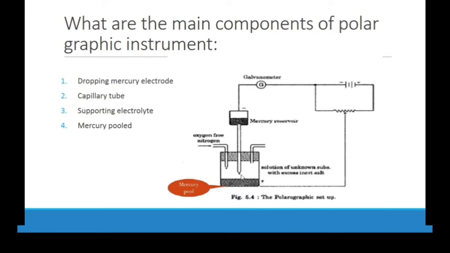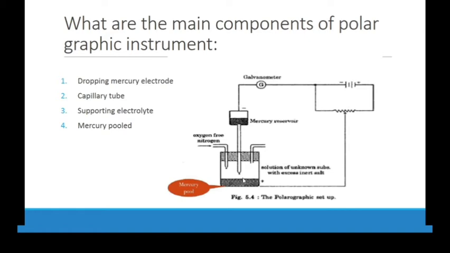This small drop acts as the cathode, and it is also known as a microelectrode because the lifetime of a drop is the time during which the reaction takes place. After that it is dislodged from the capillary tube, the reaction stops, and a new drop forms and a new reaction starts. Then we have the mercury pool at the bottom, which is connected to the positive charge, and at the mercury pool no reaction takes place because of its size.